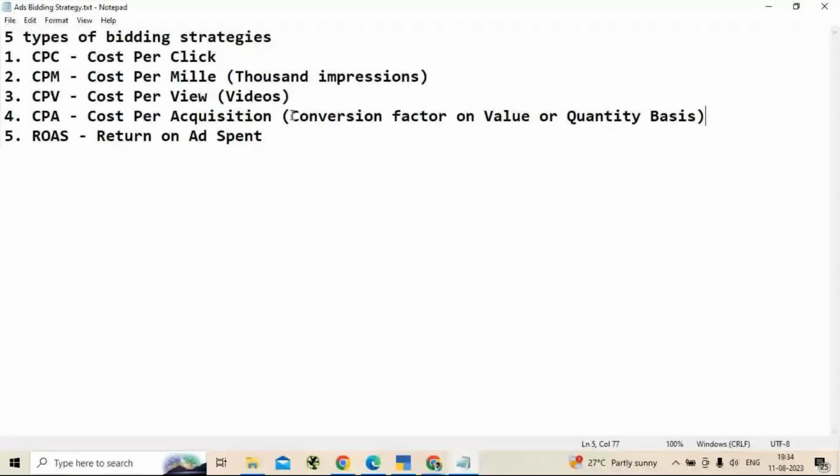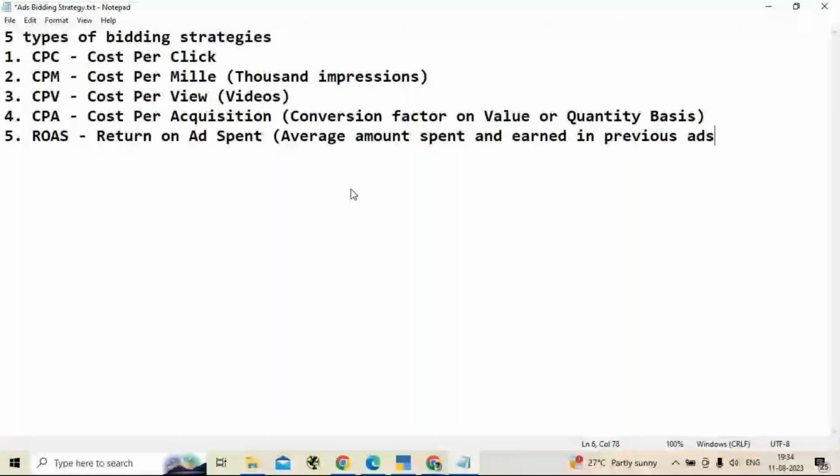Then the last one is ROAS. ROAS means return on ad spend. When you choose this type of bidding strategy, it is going to take the average amount spent and earned in previous ads.